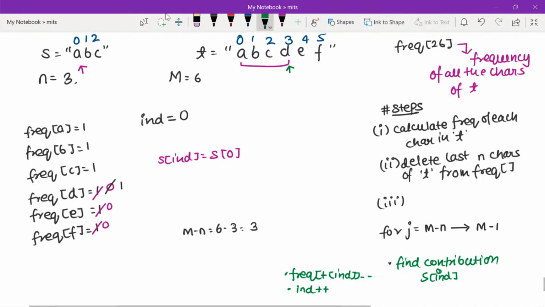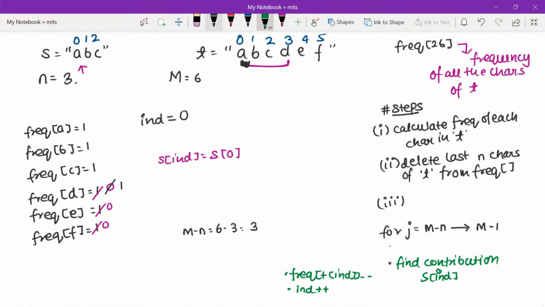So basically index 0, s of 0 is simply mapped with all these characters highlighted in magenta color. And then I'm going to simply delete this character which is at index 0, and in the next iteration